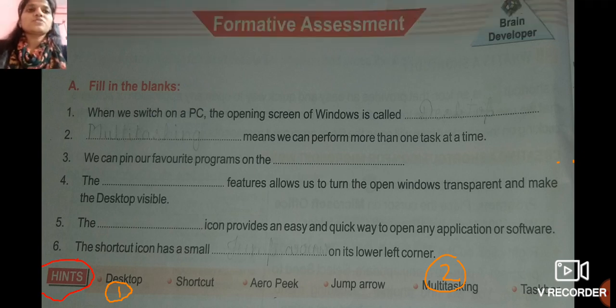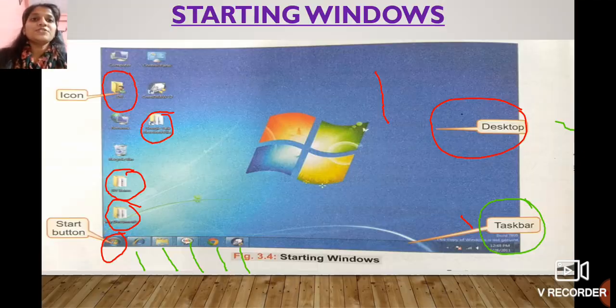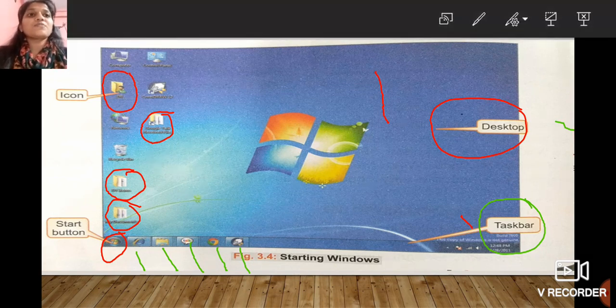Students, first of all I would like to show you one image. Can you see the image? It is an image of starting Windows. When we switch on a PC, we can see this type of image on our monitor, and in it we can see different things like the start button, icons, taskbar and desktop. This is the blank area of the desktop.